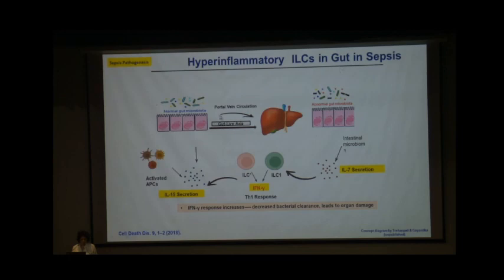Normal gut bacteria only tell of the IL-7. However, when there is an abnormal gut microbiota, it increases the IL-7 secretion. IL-7 starts producing the ILC1 triggers, which makes the interferon gamma. We know that interferon gamma is the response, decreases the bacterial clearance and leads to the organ damage. More of the organ damage. Everyone will question that inflammatory, and it may give the more of the organ damage. These are important in the gut.